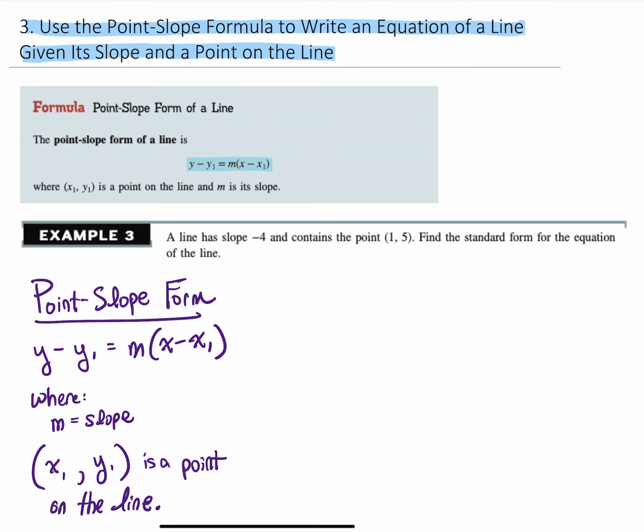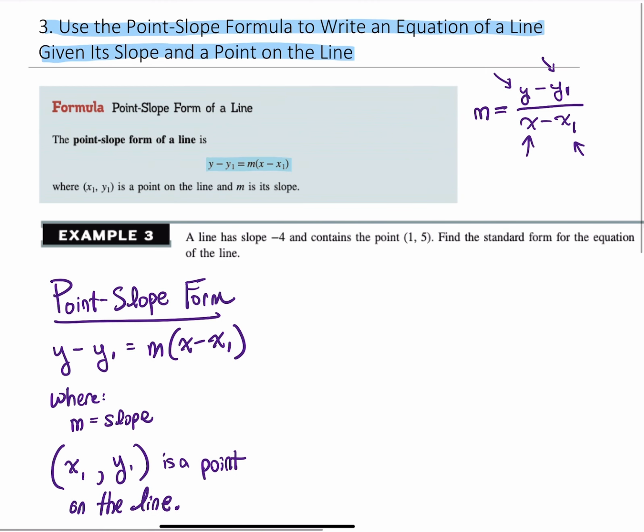If you remember, slope we said was y2 minus y1 over x2 minus x1, or the change in y's over the change in x's. So let's just take y minus y1 over x minus x1. We still have our point y1 and x1, but we're leaving y and x here because we want to create a general equation of a line. Well, if you multiply that whole denominator over, we just stick this in parentheses, multiply it to the other side,